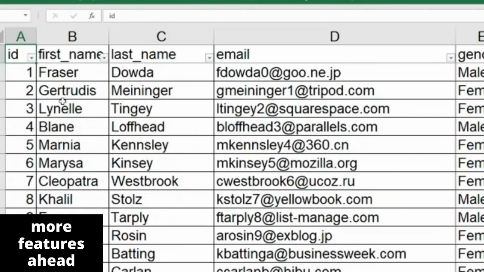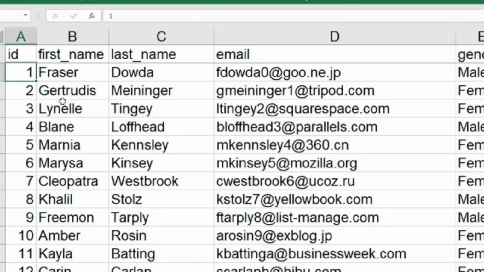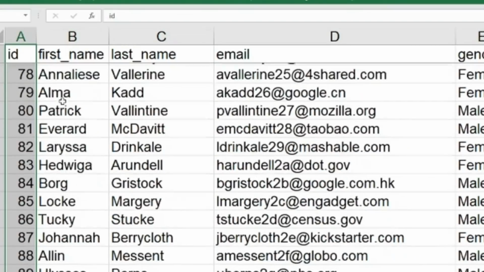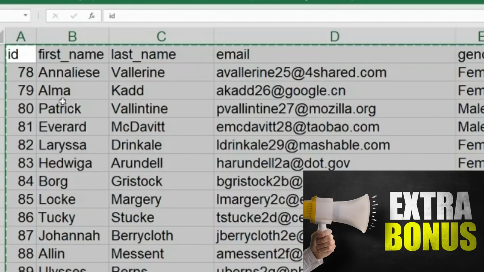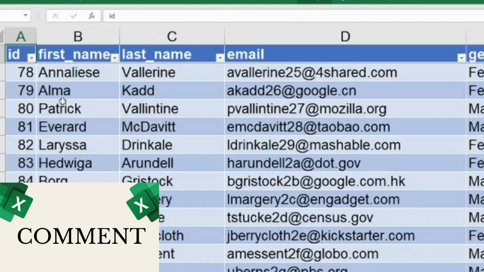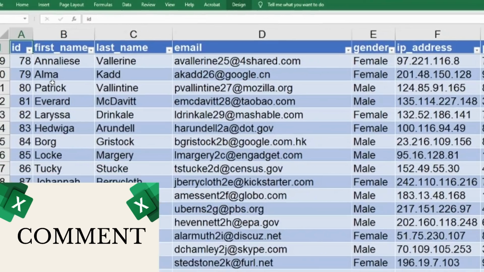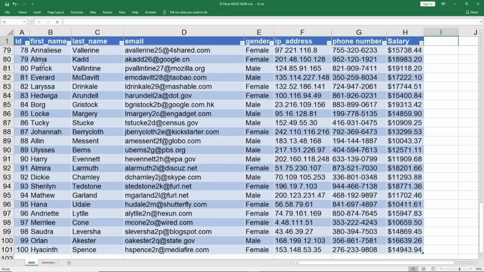This is one of the things I do. If not this, the second thing I do is I'm just undoing the filters. So I select my data and press Ctrl and T. What it does is it makes the entire data and converts it into a table. When I convert it into a table, there are a lot of benefits to it. I will just show one example here, and for others probably I'll make another video just demonstrating the tables.